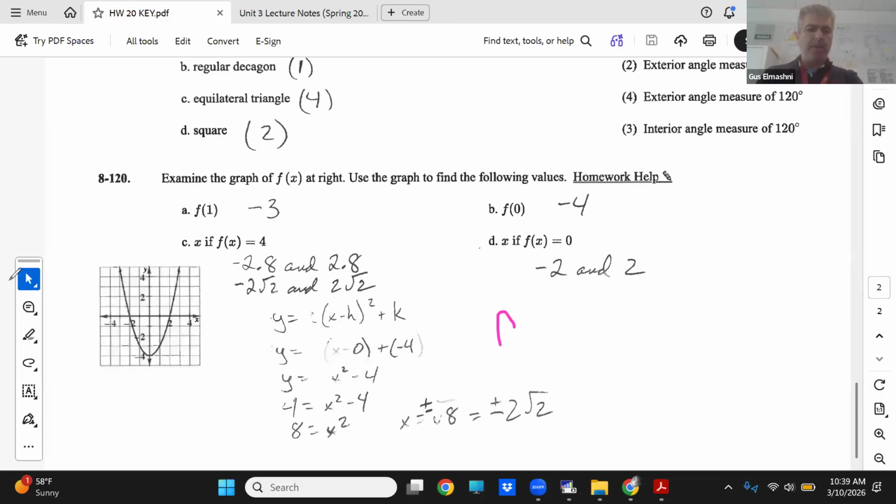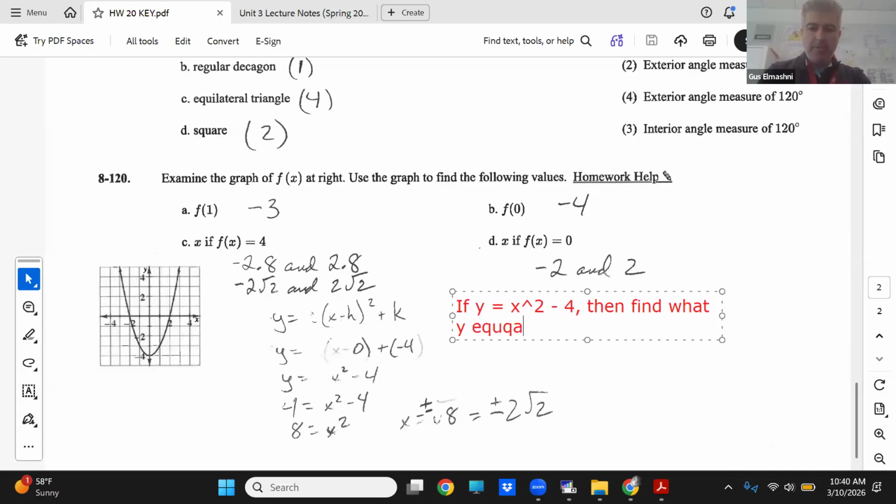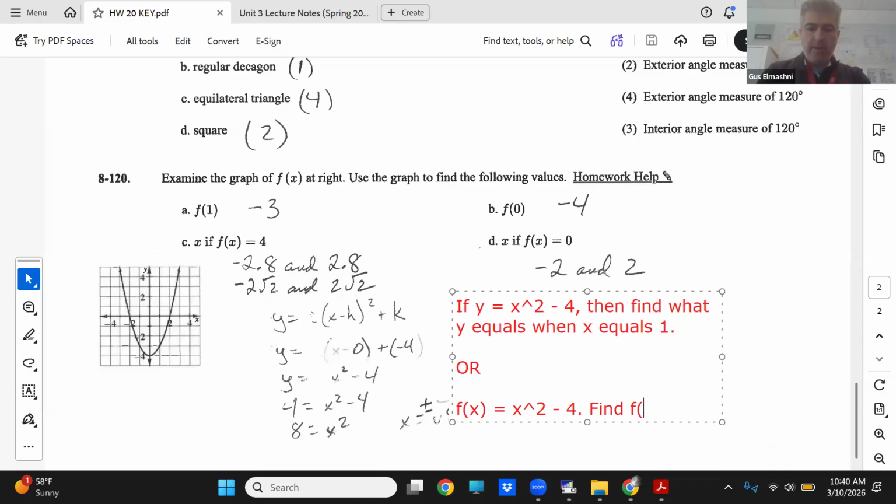f of 1 is like saying, there's a text box. So you could do 2 things. You can say y equals x squared minus 4. Here, let me rephrase this. If y equals x squared minus 4, then find what y equals when x equals 1. Or you say this: f of x equals x squared minus 4. Find f of 1. Those are the exact same thing, but we have function notation because that's much shorter than